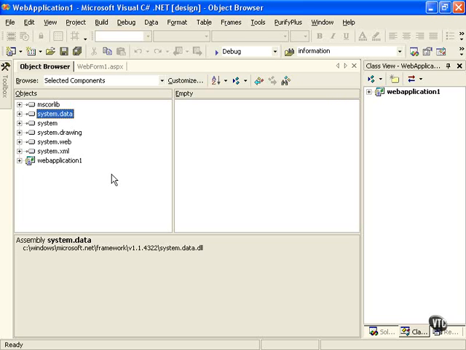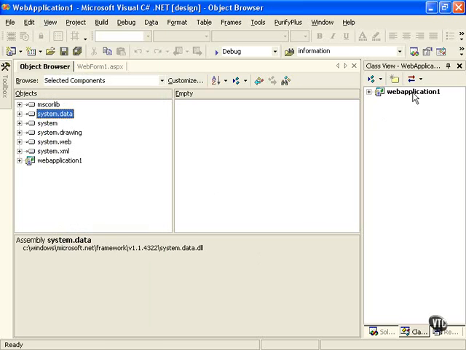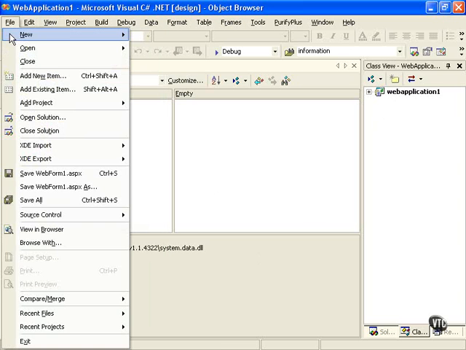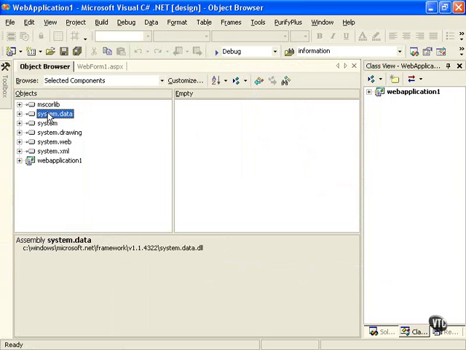Let's go over some of the core .NET namespaces and assemblies. We're just looking at the object browser from View, Object Browser, Control-Alt-J to bring that up. And we're just looking within a web application. I just did a File, New Project, very simply ASP.NET Web Application. And this is going to list some of these objects for us, the assemblies, and we can drill down into